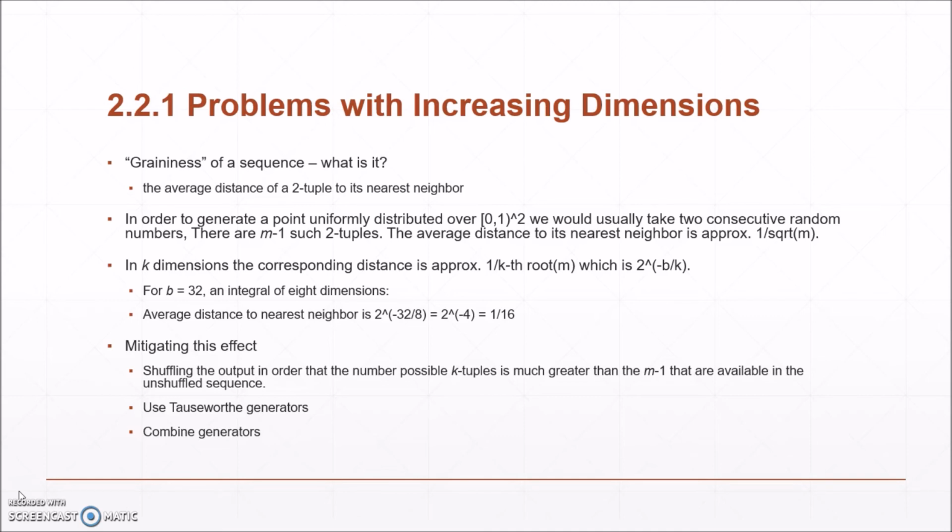So how do we mitigate this factor? To mitigate the effect of increasing the dimensions, we can shuffle the output so that the number of possible k-tuples is much greater than the m minus 1 that's available in the unshuffled sequence. The other thing is to use Tausworthe generators, and the last one is